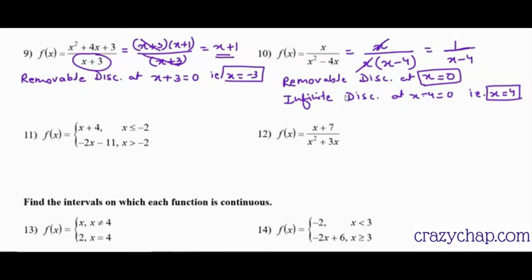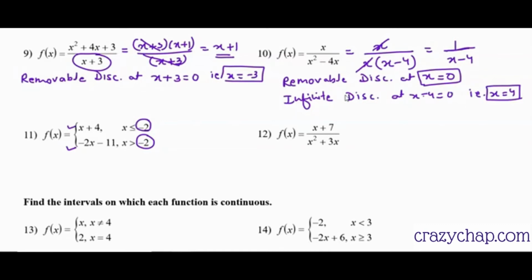Because the first part of the function is a linear function, it is continuous throughout. The second part is also a linear function, so it is continuous throughout. The only point to check is whether they are continuous at -2. Before -2 the first function is always continuous, after -2 the second function is always continuous. So my only point is to check at -2.